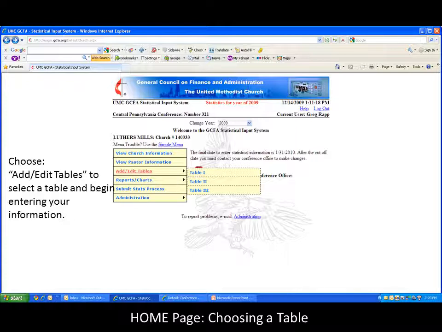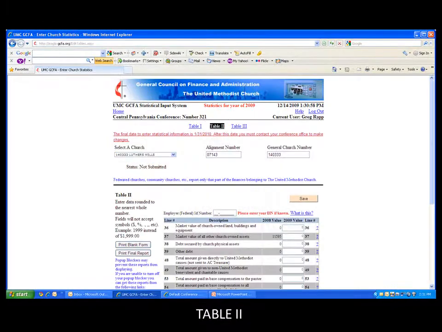Once you've logged in using your username and password, you'll come to the home page where you'll choose Add Edit Tables to select your table, and we're going to choose Table 2. This is what Table 2 looks like, and it's going to be tracking local church expenses. So we're going to be looking at dollars and cents here. Actually, we're going to be looking at dollars,